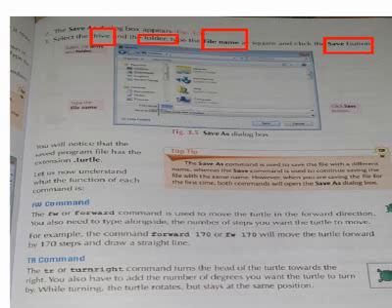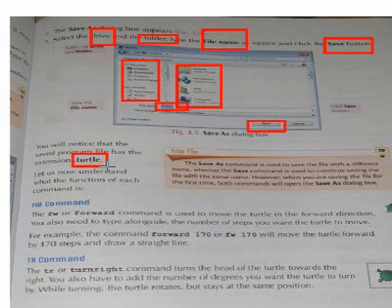So where do you have to select the drive? Here you have to select the drive, here you have to select the folder, and then you have to write the name of the file here, and now you have to click the save button. Understand? You will notice that the saved program has the extension turtle. Now the extension of the saved file becomes .turtle. What is the function of each command? Now they are going to explain the function of the commands.